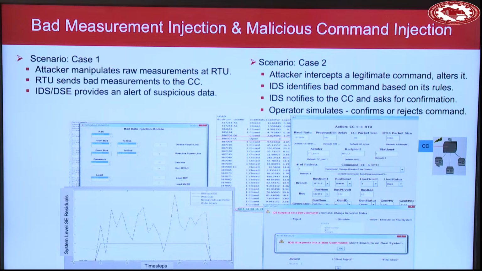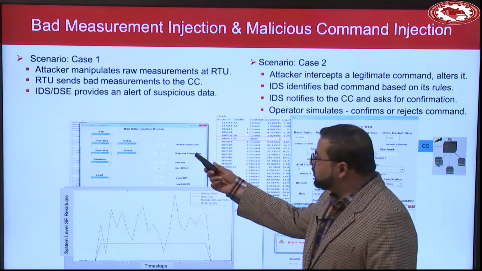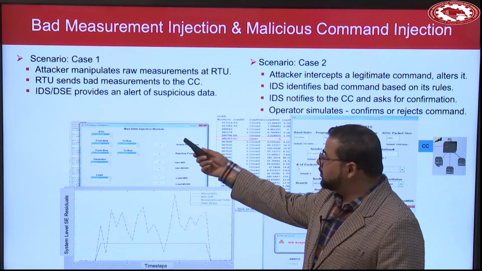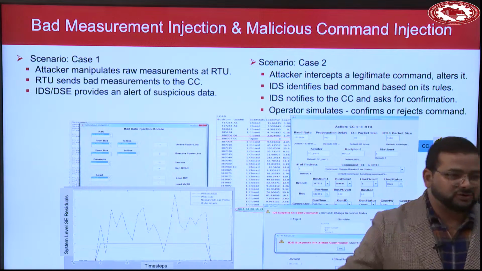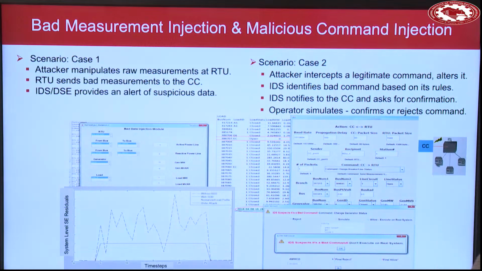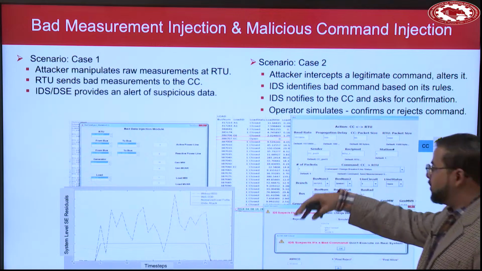So as we have an attacker module, here we decided to pick an RTU between this and this. So what data do you want to change? For example, you can change the generation capacity. You can reduce or increase the capacity, you can change the load. You can say in this region there's more demand, so you can increase the load. You can open circuit breakers and things like that. So you can pick particular